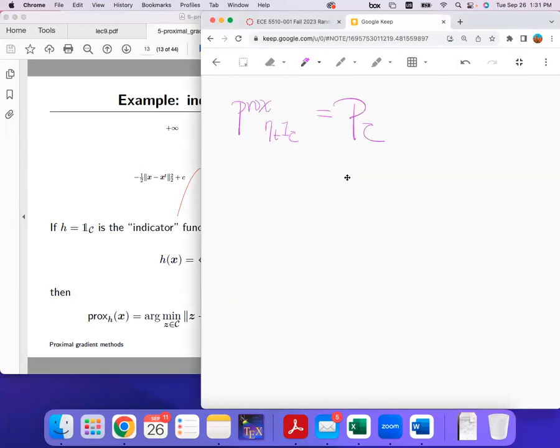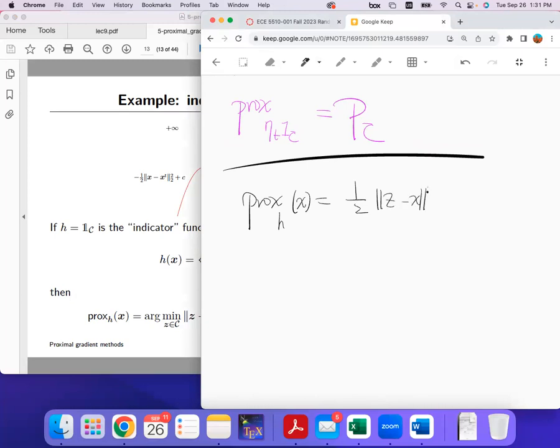Because by definition, we first write out the definition of the proximal operator, and we are doing our argmin over Z. And because this is the indicator on C, it is equivalent to argmin